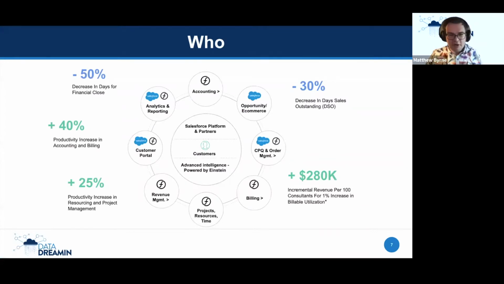Who's FinancialForce? We have over 700 employees. We have over, I think, 1,300 customers as well. And we have a whole suite of products from the accounting to the order procurement stuff, around our billings central offering, our project management against resources and time tracking, our revenue management as well. And of course, our analytics, which we now have from nearly just about every product we've got in there as well. The whole suite, our full ERP of products available there. And I look after the reporting analytics side of things for the product.